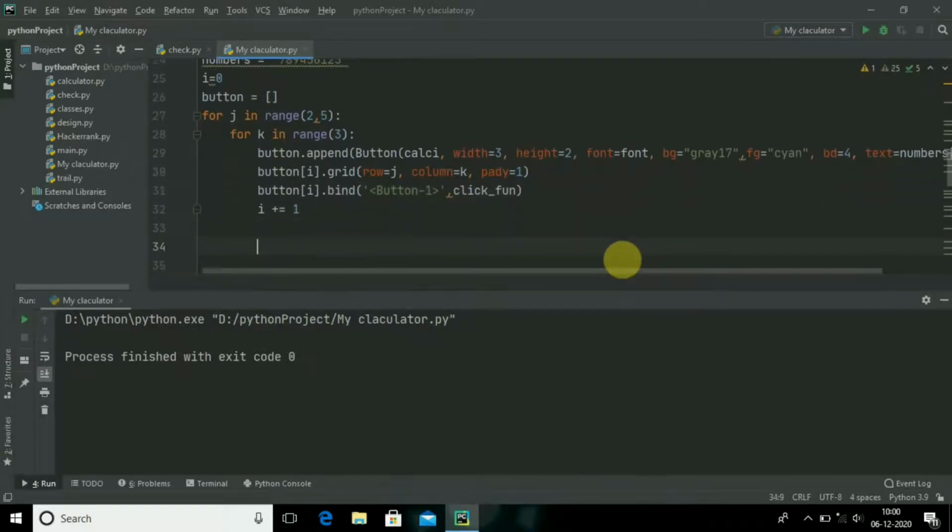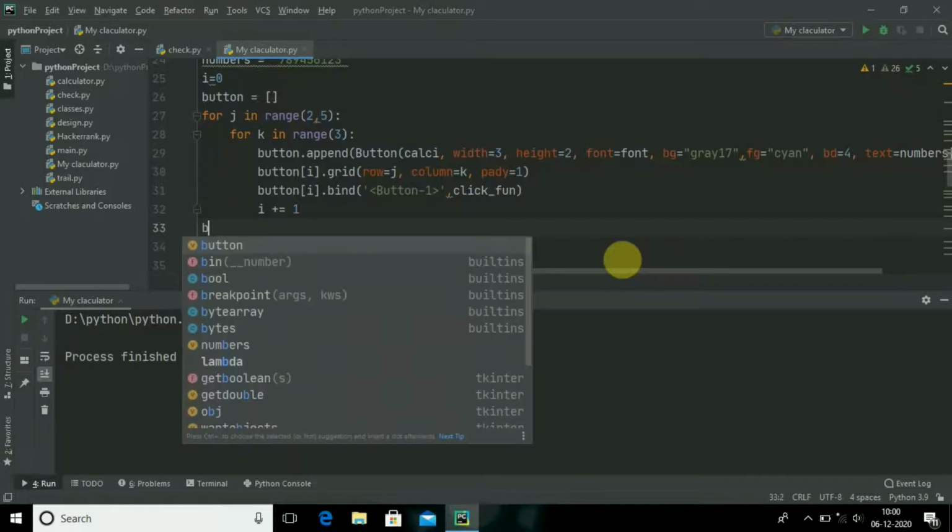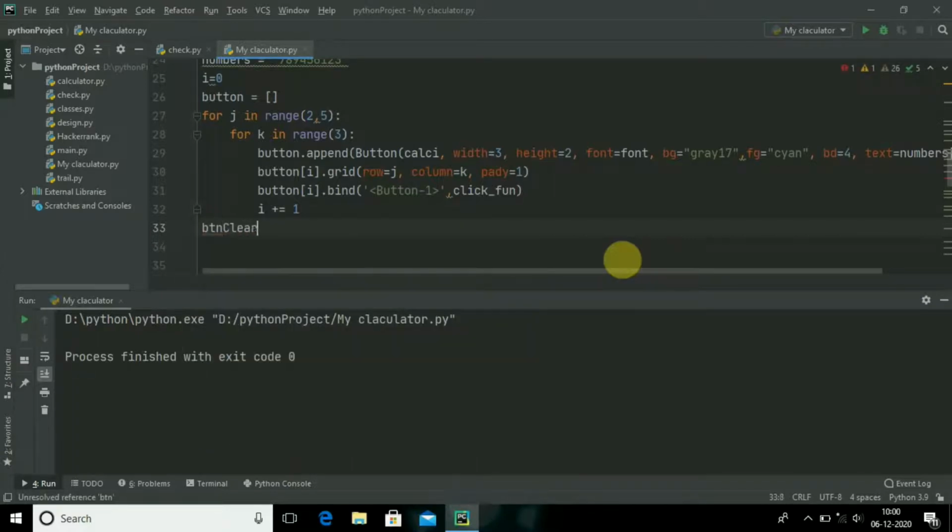Let me say, I will write other commands like creating the button clear, all clear, and powers, and other buttons. Let me create the button clear and all clear button. Let's say button clear, as c dot text.